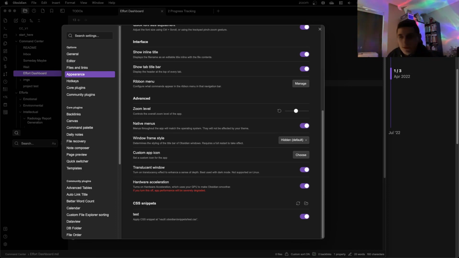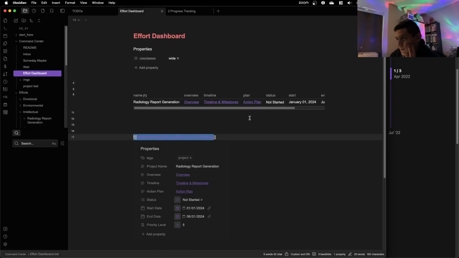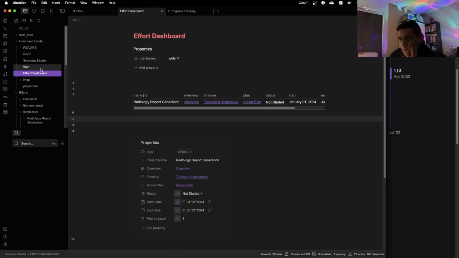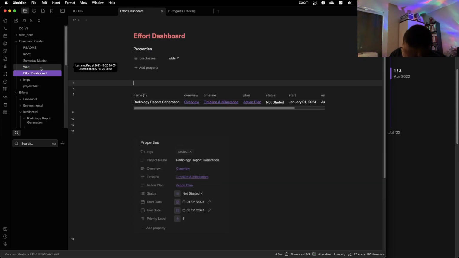So let's try 500 pixels. So let's refresh, turn on and off, close this. I do not see a difference.